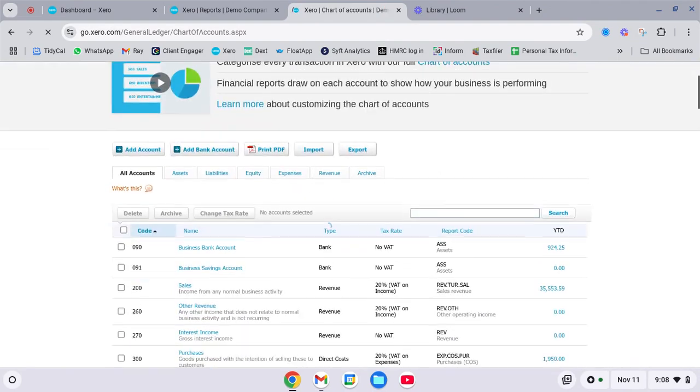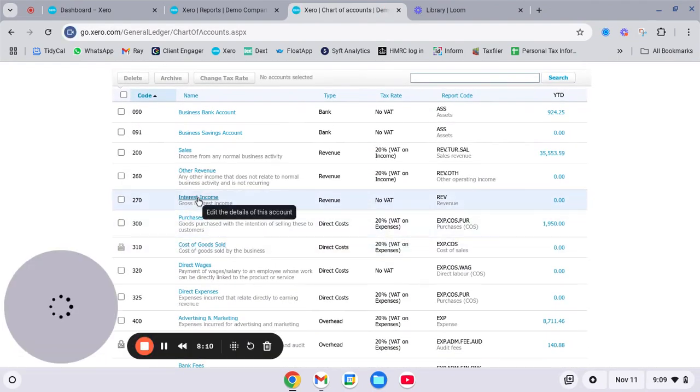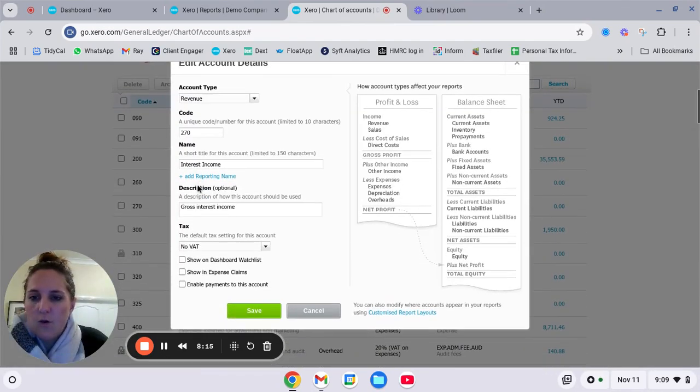So we're back on the all menu. Say I really want to track interest income. If I open up the account by clicking on the text there you saw, you can see this account has a few other options, like do I want it to show an expense of claims? Do I want to enable payments to the account? Those all have really useful features and useful reasons for ticking them, but I'm just focusing on this box here,